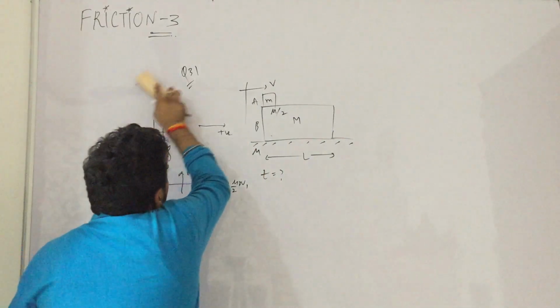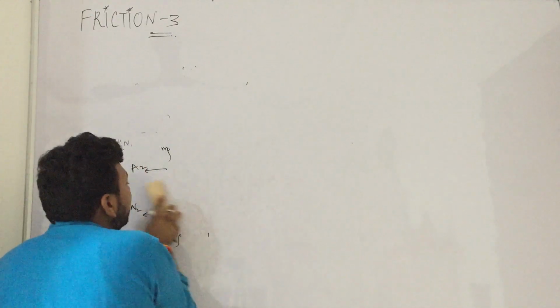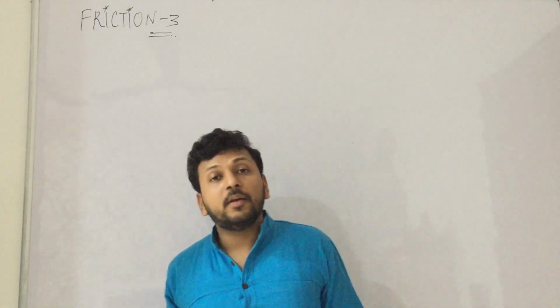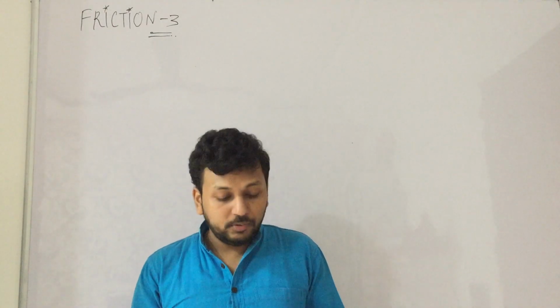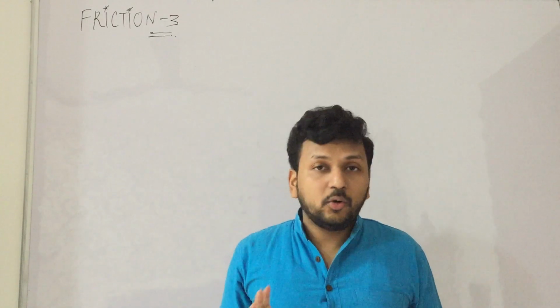So I am erasing it. So first of all, how do you pick the question? See, there were two objects. So two objects means relative motion needs to be solved. And time means kinematics needs to be solved. If you pick up these things, then you will be able to pick up the question.